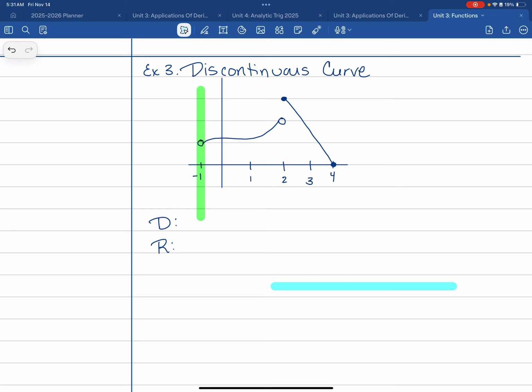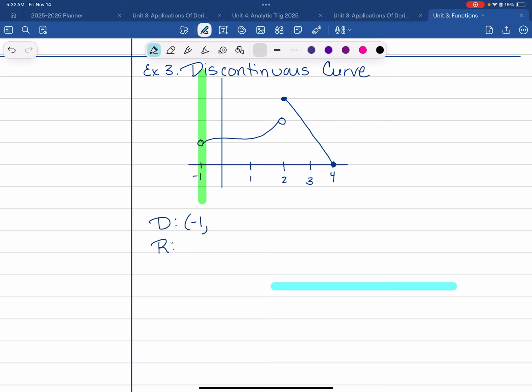And I notice that this graph starts at -1, but there's an open circle. So just as a reminder from our previous unit, that open circle means that we use a parenthesis. So I have a -1, comma,